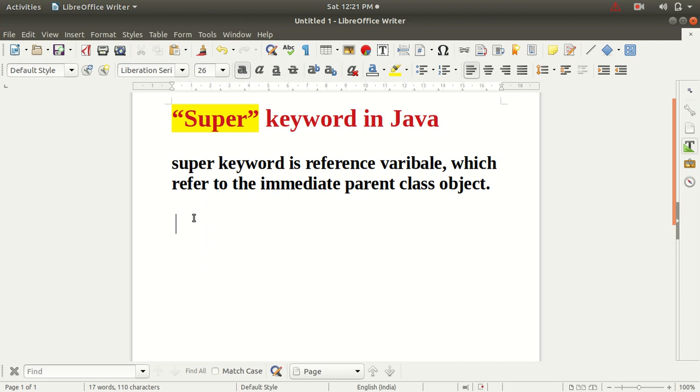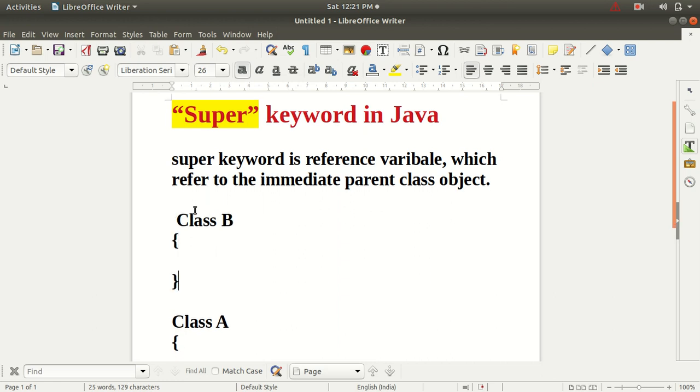So let's say that we have a class A as a child class, and we have another class, class B, and class B is a parent class.